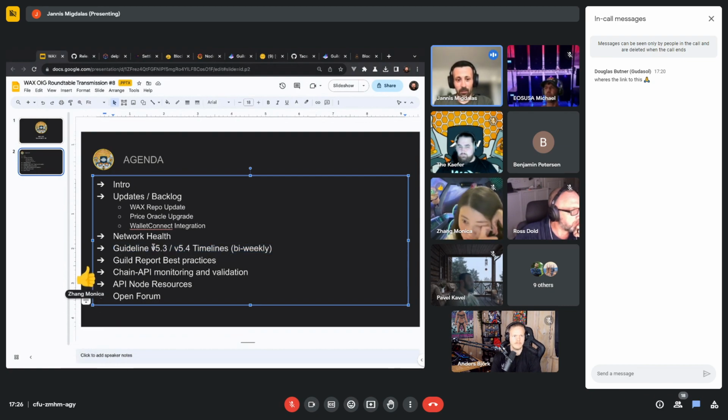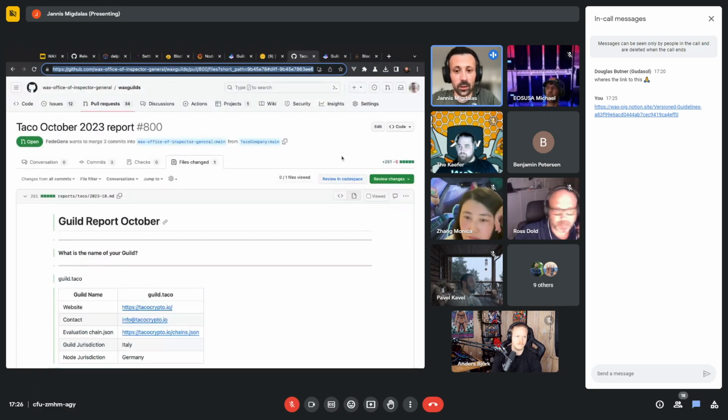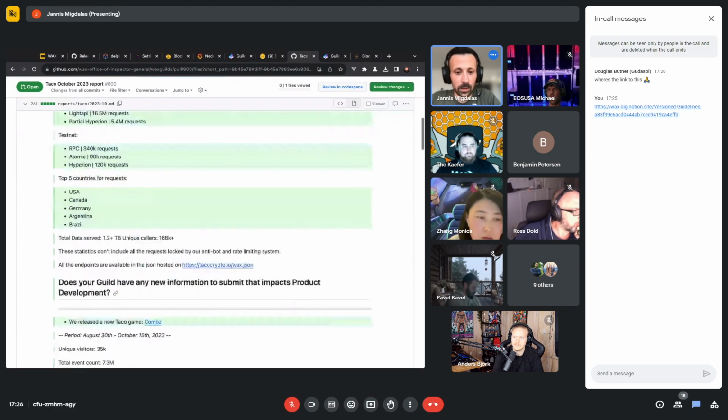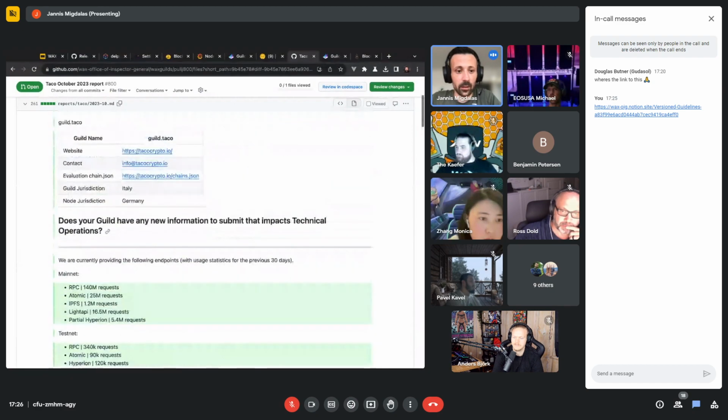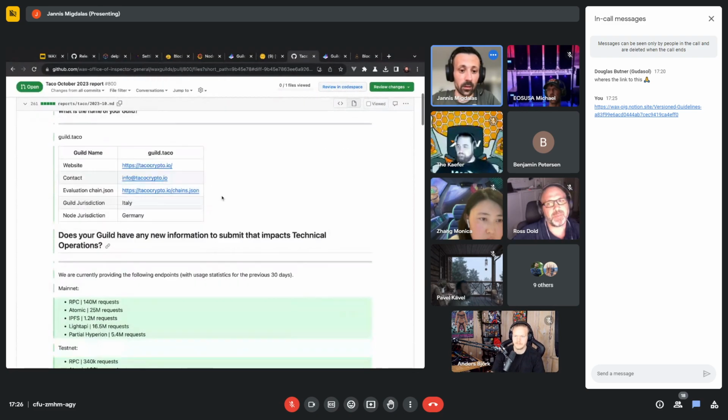All right, enough for the guidelines now, because I'm not sure who asked for it, but we wanted to look at a nice example for a guild submission. One thing that comes to mind is a guild that has been around, I think, since January. They have been on Wax. It's Decouple, a team from Italy. And they quickly got the sense of what we expect inside the report. So I want to walk you through how they do it, and that's a good example of how you should do it.